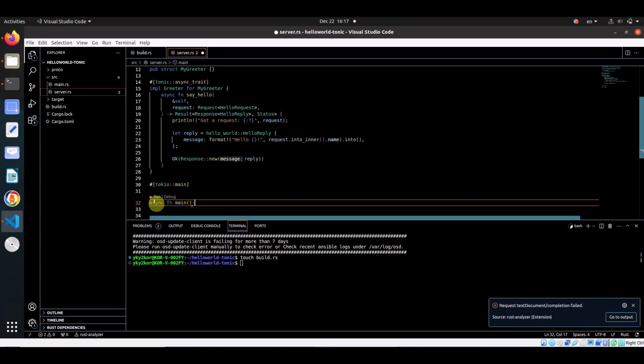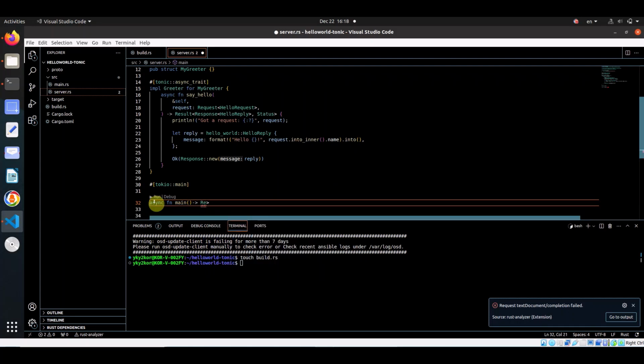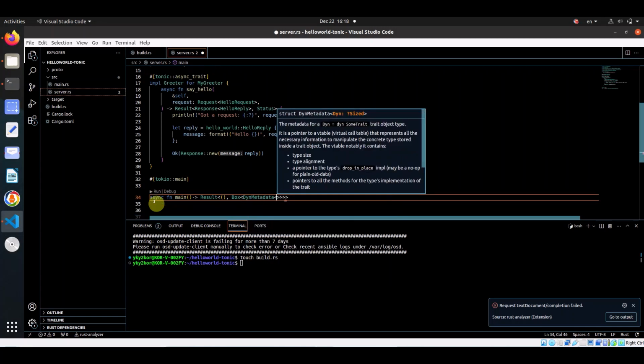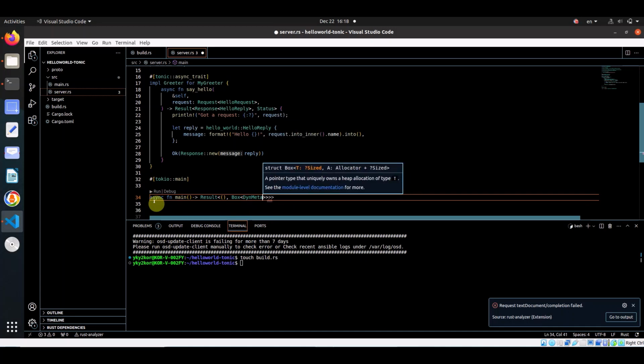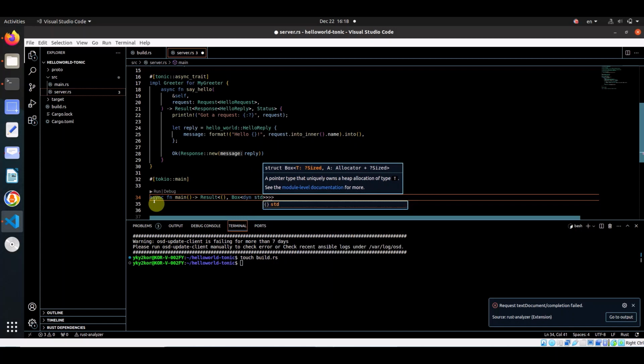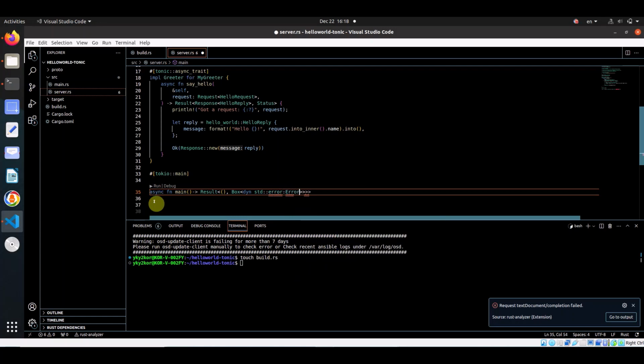And this is going to be the main that's going to be called. We're going to have this result, inside which we're going to have the response, with the standard error, any sort of error. Now we're going to be defining